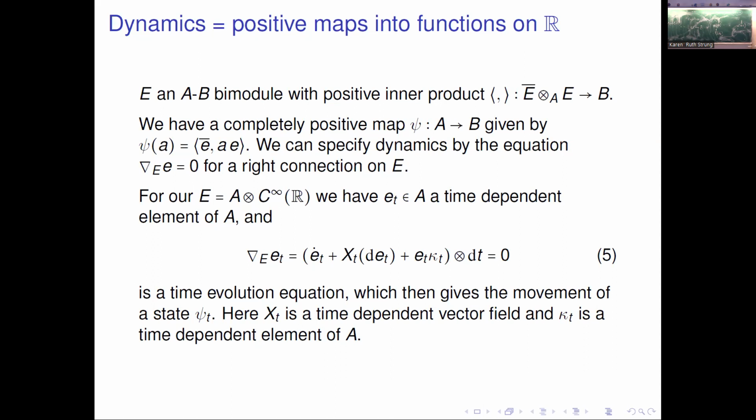Okay, so I said dynamics, didn't I? Right. So what I want is a map into, well, I want B to be equal to the functions on R, because if I want dynamics, I want variation in R. If I've got a function which takes values in R, I can put in my value of time. I'll have a time parameter t here. I put in t equals whatever and evaluate this. I can move states around the algebra. And what I want to look at is the